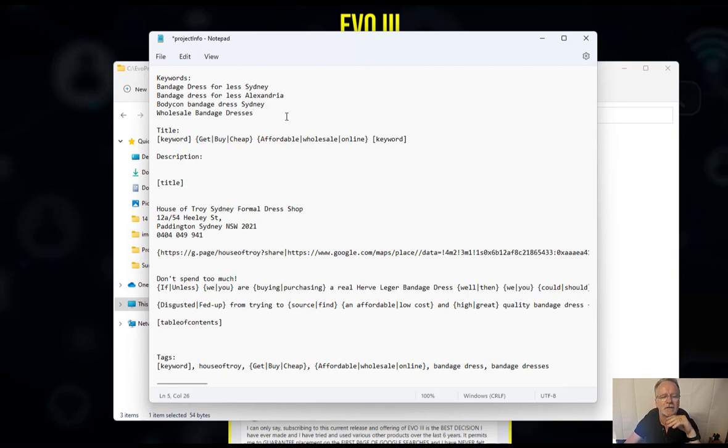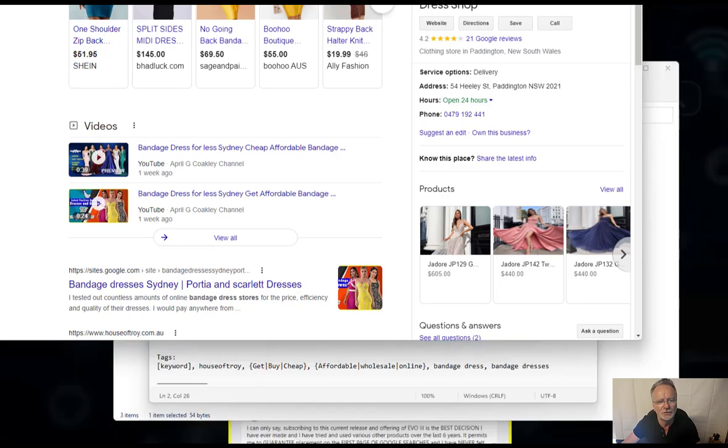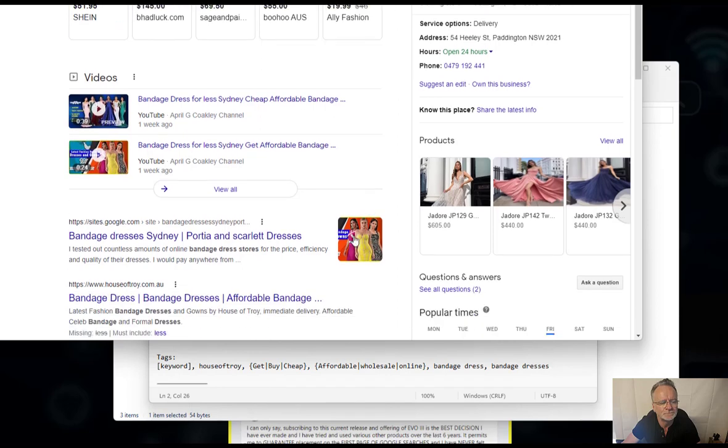Now, first thing about keywords. In the projects we've seen in support, often we see that they're all lowercase, and it just makes it look like spam. Let me show you how they look in Google. So these are the keywords here. If they were all lowercase, that would look really spammy. While we're here on these results,